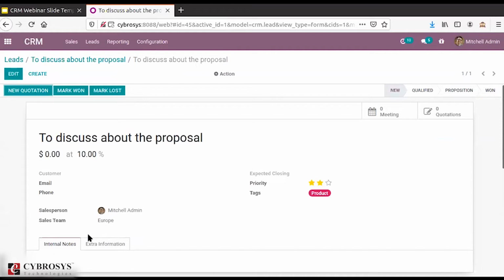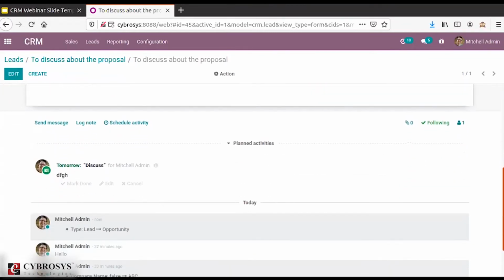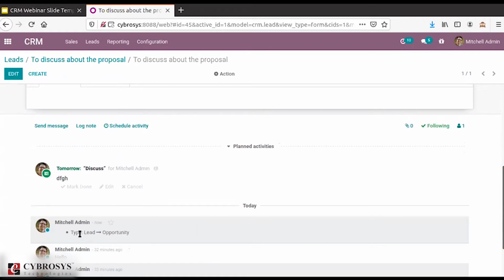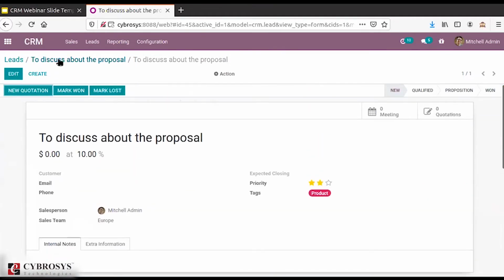When I marked it as an opportunity, new buttons came up, regarding new quotations, mark as won, mark as lost, and so on. So right now it is converted into an opportunity. Here in the chatter you can see the type, that is lead, is converted into opportunity. So let's move on and see that in My Pipeline.